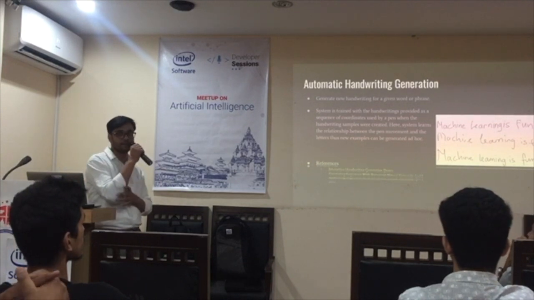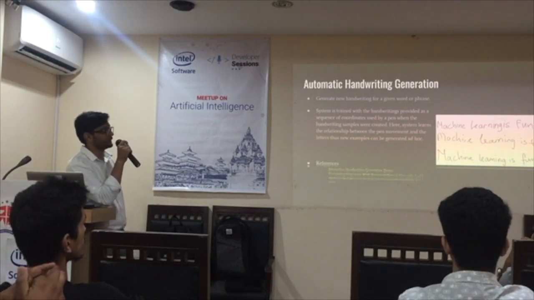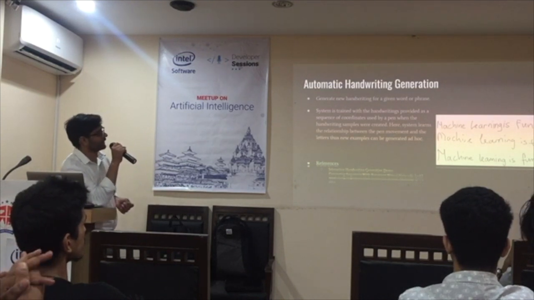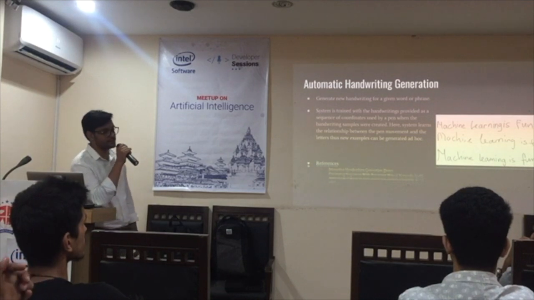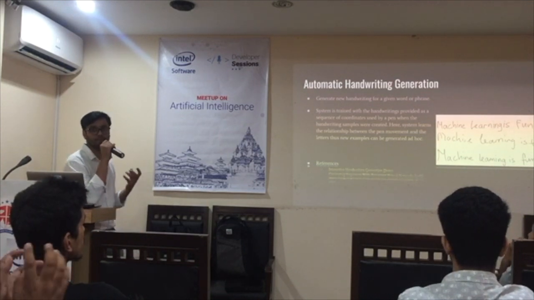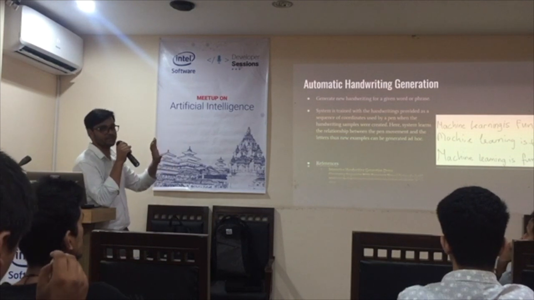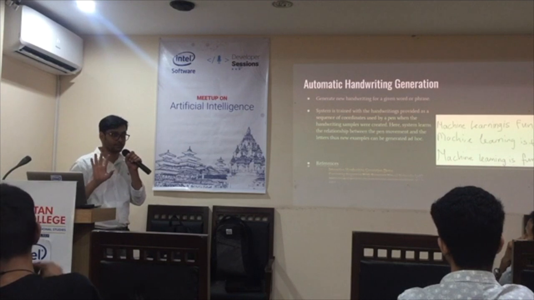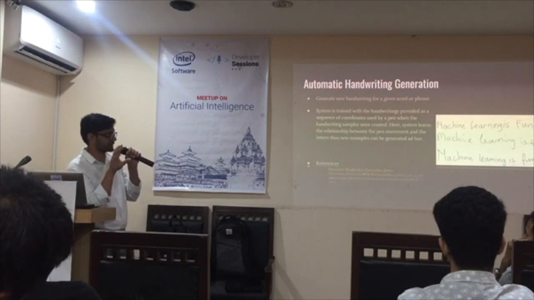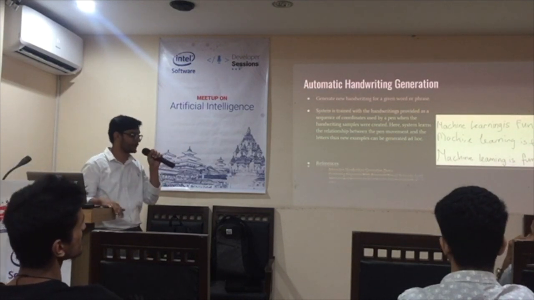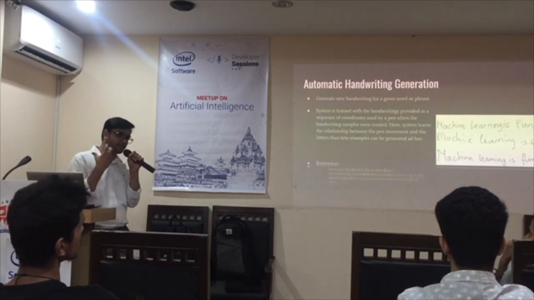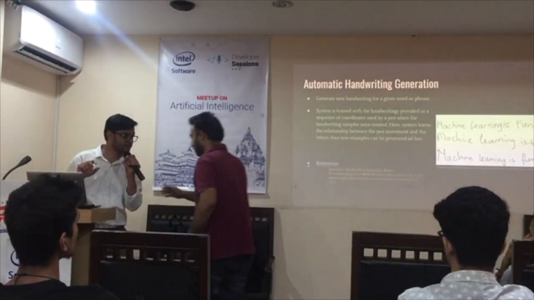And then a fun example of AI achievement today with deep learning is automatic handwriting generation. Though it may not have much application in real life, it is a fun example and a good achievement because here the system can write for you. You give text, words or phrases, and the system writes for you in different writing styles. Here, learning can be done with some previously recorded online learning samples, sequences of samples.